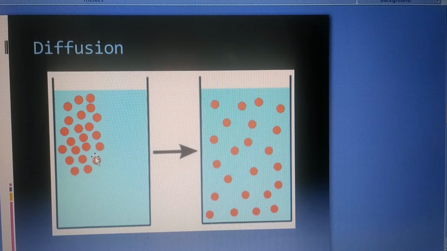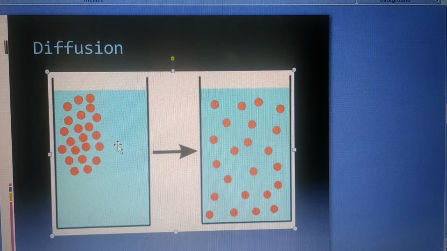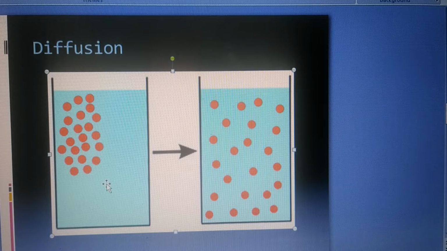So this movement of these molecules, a substance, from where it is present in high concentration to the place where it is not there or is in low concentration. The movement of these substances from a highly concentrated area to the place where it is in less concentration, this process we call diffusion. Let us see in detail.